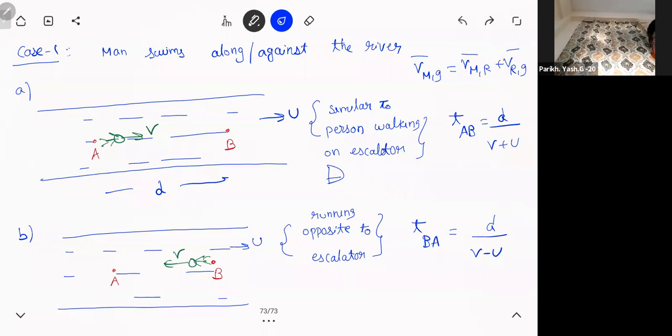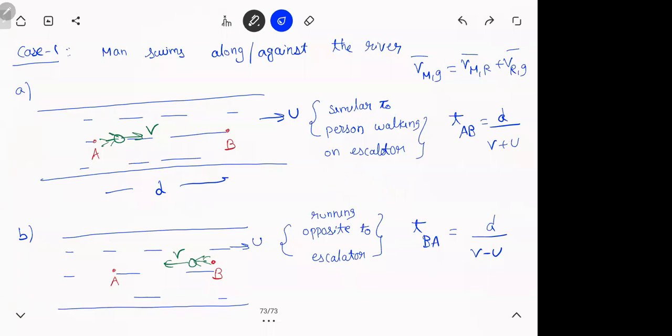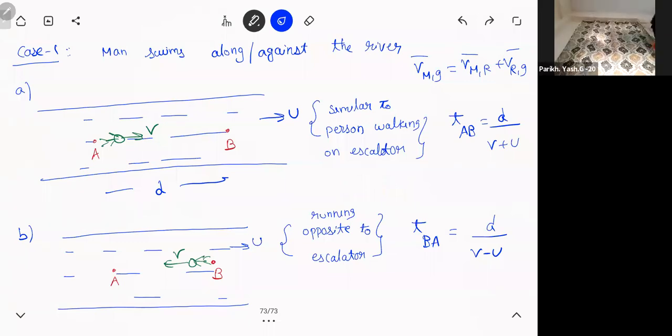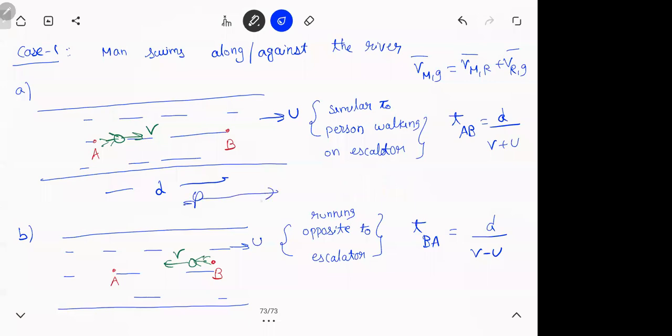And that's why, see, what is V there? V is the velocity of the man with respect to still water, no? If water doesn't move, he would have gone with V. On top of it, the water is also moving, so it is V plus U. Okay. What you're saying is, if the man is running on the ground on the side, that will be different. Hope all are clear?